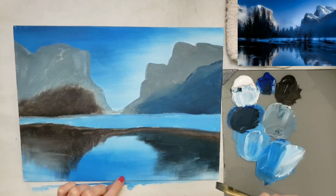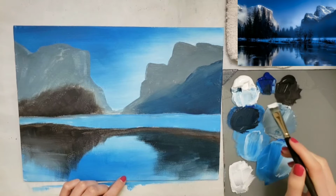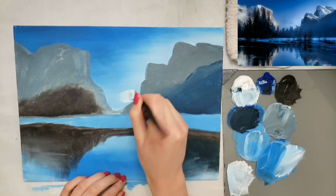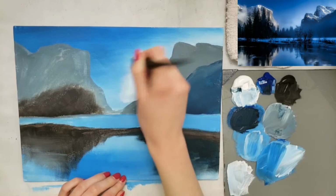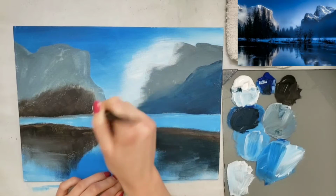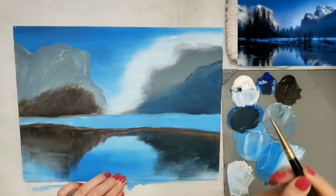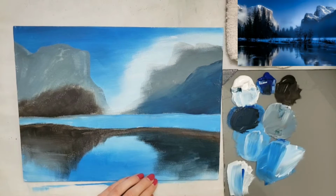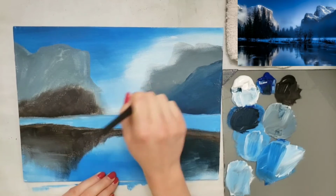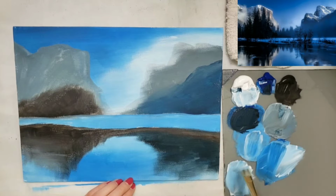Alright, so now we'll do the second layer on the sky. Just a little bit of blue with white at first. And make sure your mountains are dry, because you don't want any of that mountain color getting into the sky. And you could use a bigger brush probably if you wanted to, but